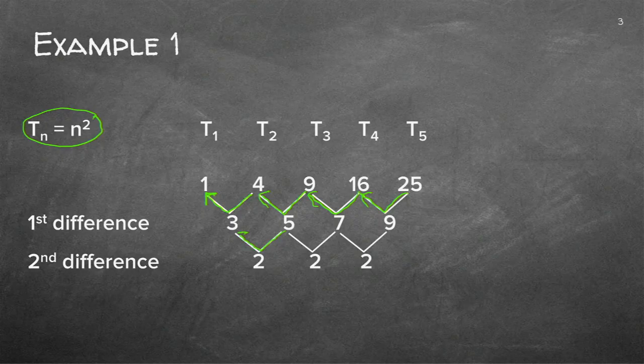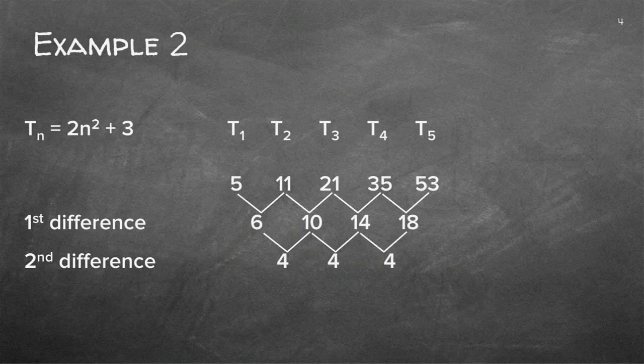5 minus 3 in that direction is 2. 7 minus 5 in that direction is 2. 9 minus 7 in that direction is 2. Now I see a pattern. In the second difference, I see that all my second differences are the same. Good. So we're just going to look at a few of them. We're going to later on see where we get these formulae from. We're just going to make very sure that you understand what a quadratic sequence is.